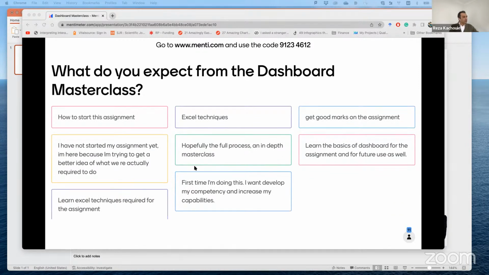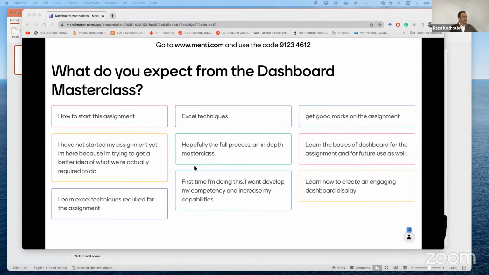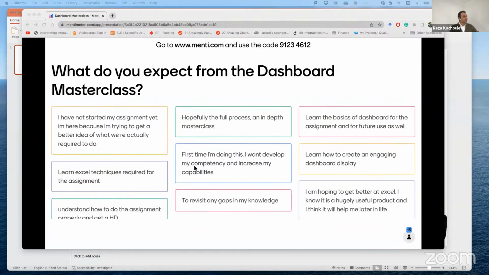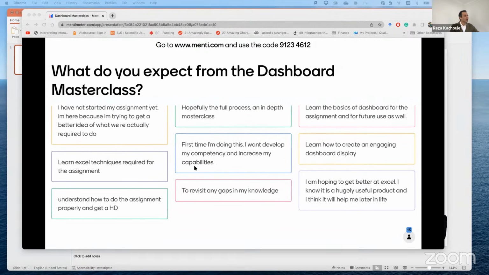You learn about the full process. That's the thing that I promised that I would deliver. Design a professional dashboard from scratch. Learn how to create an engaging dashboard display. First time I'm doing this, I want to develop my competency. That's good. Hopefully, we can achieve all of that.